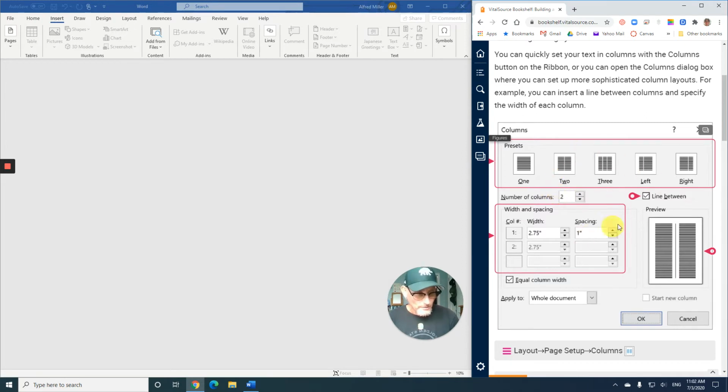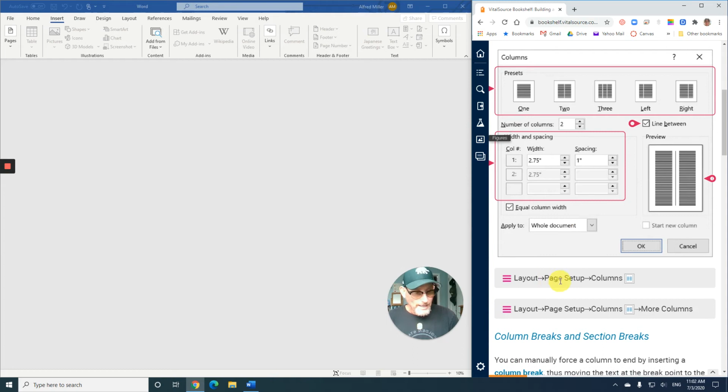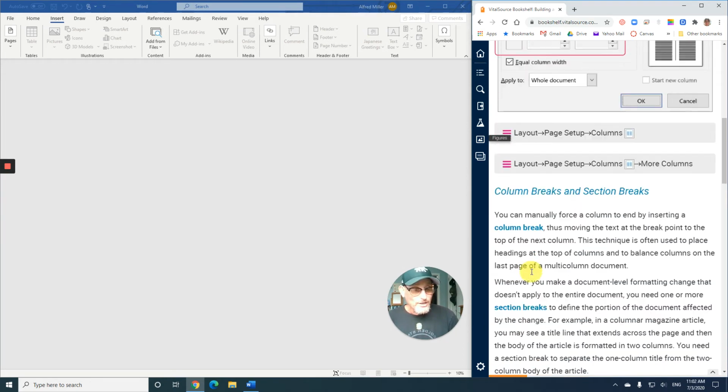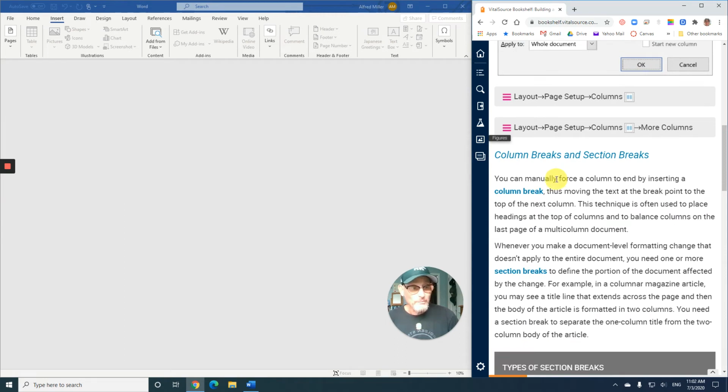You can use the dialog box where you could bring in a line between. You can specify different widths. Those are presets. You find this from the layout ribbon, page setup, columns group. One thing that you need to know about columns is this part here about column breaks and section breaks. You can manually force a column to end by inserting a column break, thus moving the text at the breakpoint to the top of the next column. This technique is often used to place headings at the top of the columns and to balance columns on the